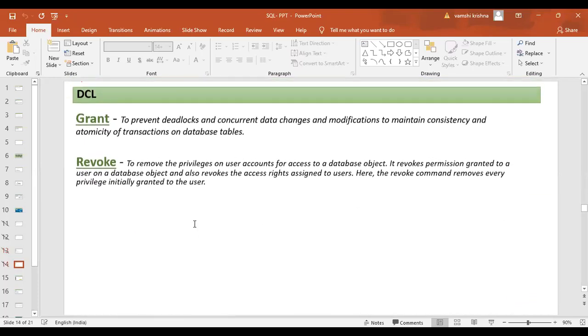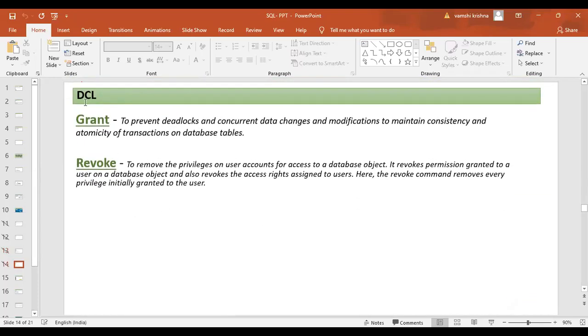Then we have the last one called data control language, where we grant the controls. This is only to control. We will grant the permissions. Once your phase is over in a project, the database administrator will revoke those privileges.